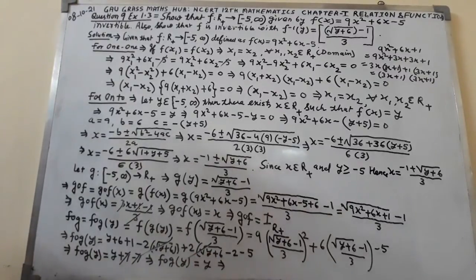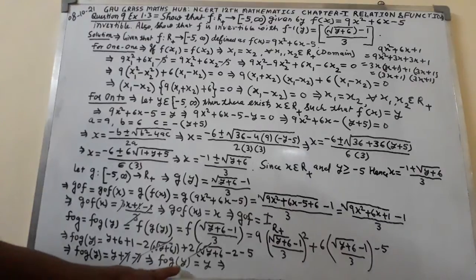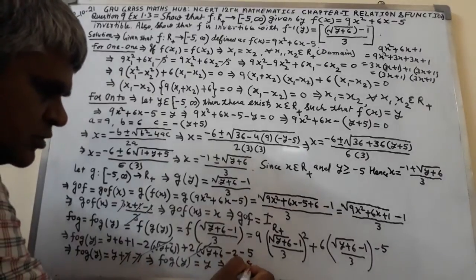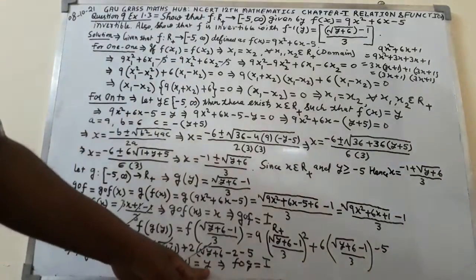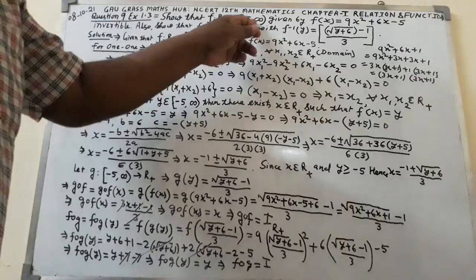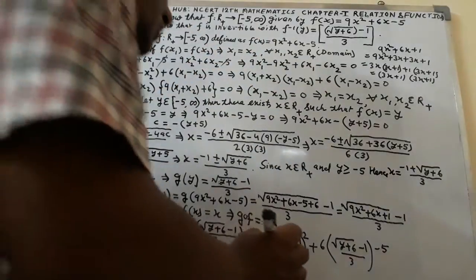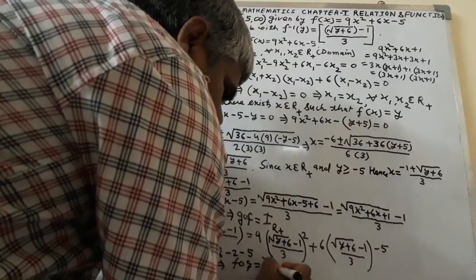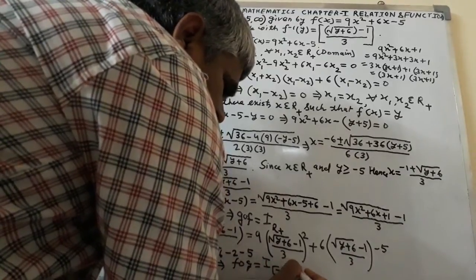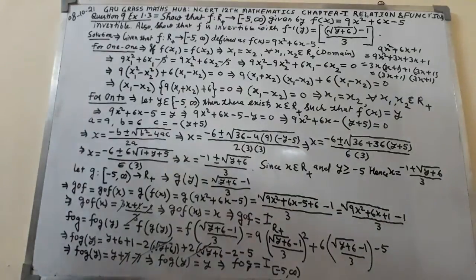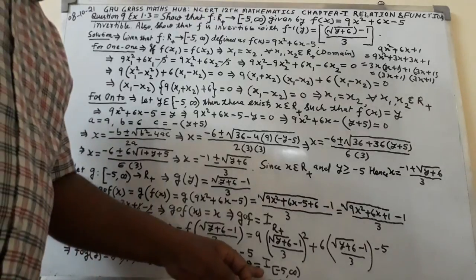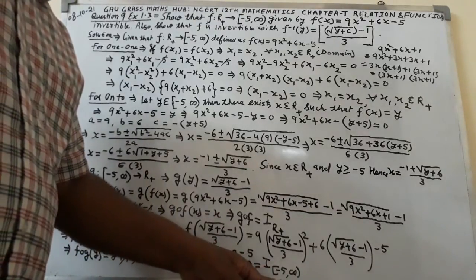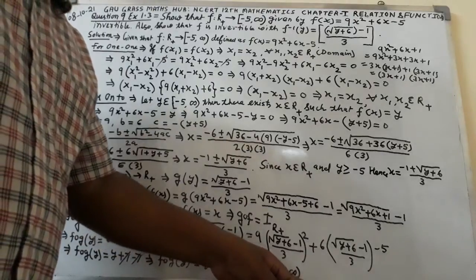This means that f of g of y is equal to y. F of g will be the identity function, y belongs to the range. So identity function on the closed interval -5 to infinity. So FOG equal to, here you have got, FOG equal to identity function on the closed interval -5 to infinity.